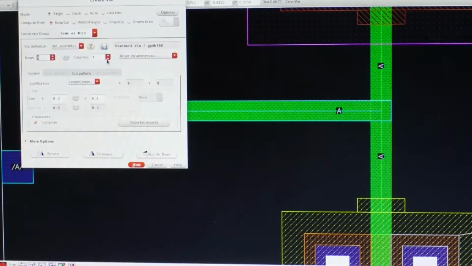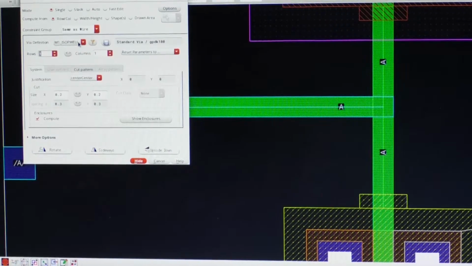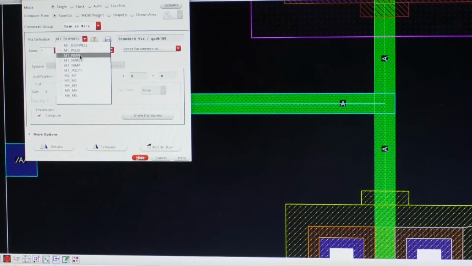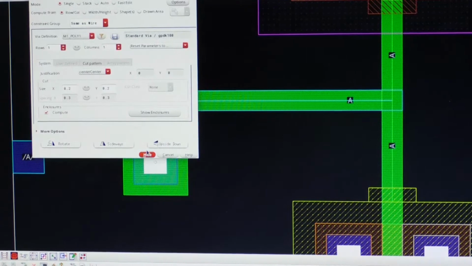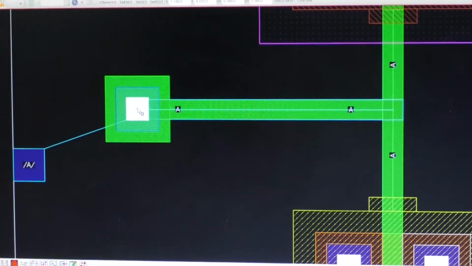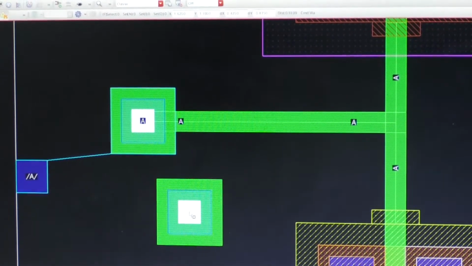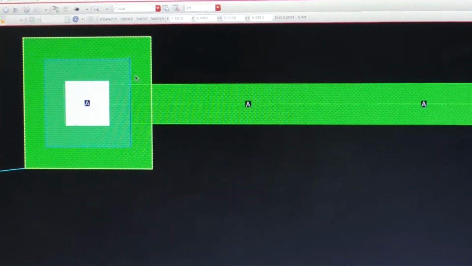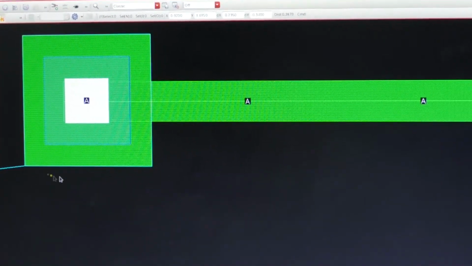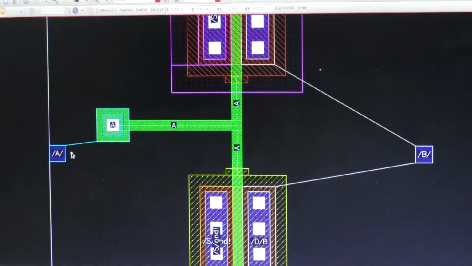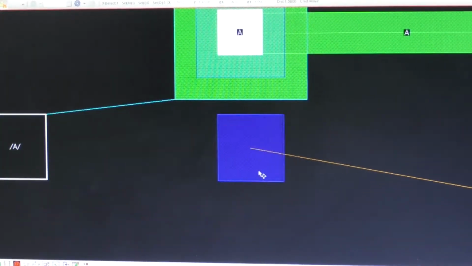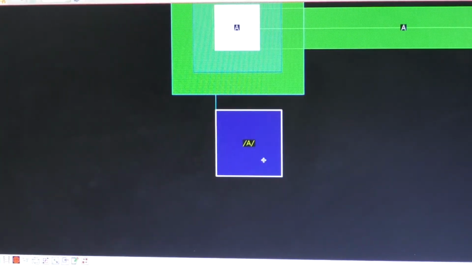Here the via which we need is the M1 to poly via. By considering this M1 to poly, now the metal one is being interfaced with the metal one layer. Now we can connect this metal one to this poly.